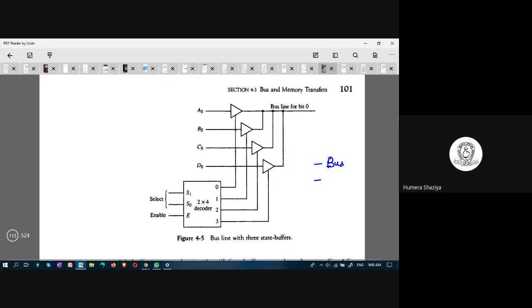Earlier we constructed a bus using multiplexers. We took 4 multiplexers. A multiplexer is a circuit that takes n inputs and generates one output. In our example, we had 4 inputs and there was one output. These 4 inputs were connected to 4 registers named A, B, C, and D. This multiplexer 0 connects the 0th bit of all 4 registers. This multiplexer 1 connects the first bit of all 4 registers. Likewise,